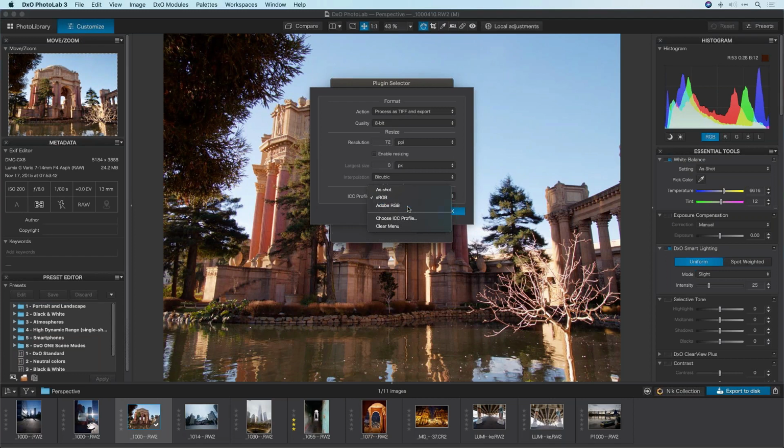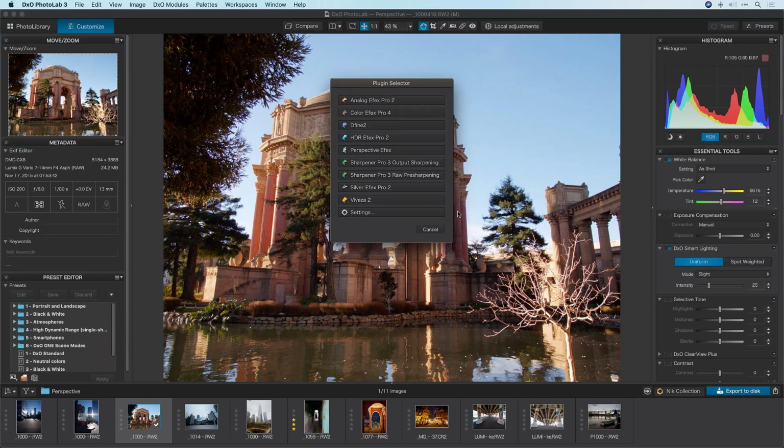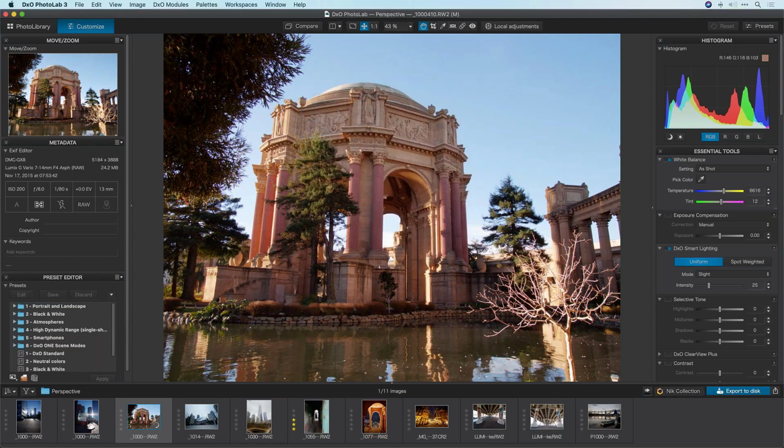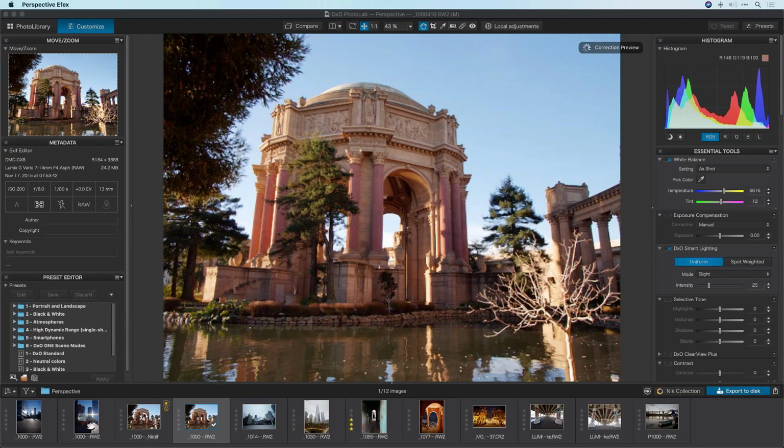If, however, you're going to go to print, then you probably do want to go to Adobe RGB, as you get a little bit more color depth, a little bit more color space rather, when you're working in Adobe RGB. For our purposes of our demo, it doesn't really matter. So I'm just going to go ahead and choose sRGB and then click on Perspective Efex, which is going to render out that 8-bit TIFF file in, I believe, sRGB is what I chose, and it will open that up